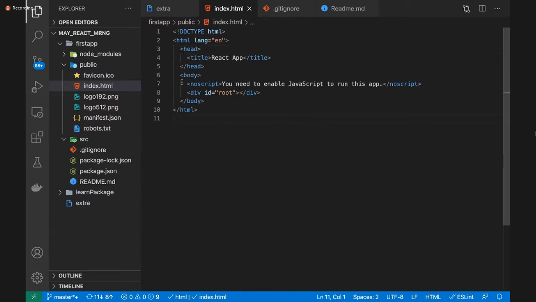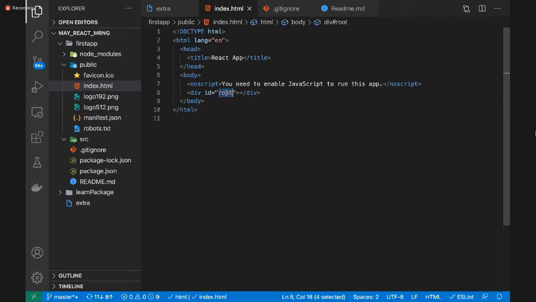That's it, guys. If we remove all the extra stuff, what we need is one html tag, a title tag, and a div whose ID is root.